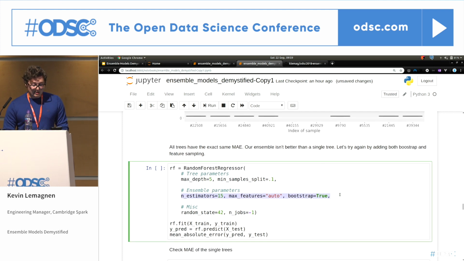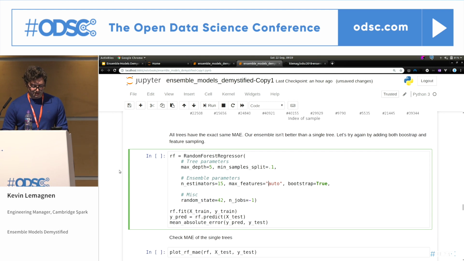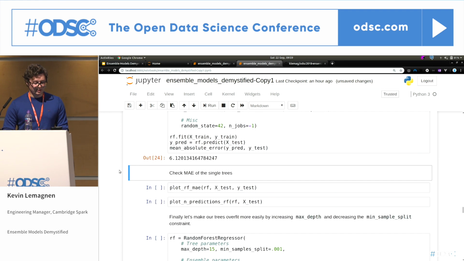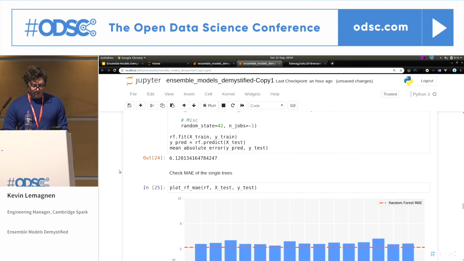Now we'll change the parameters that control our ensemble to include bootstrap first and to include the feature subsampling. Here, if I define it as being auto, the random forest regressor will choose automatically what's the best number of features to sample from my data set. I keep the same values to control my trees to start with, and I'll take a look. So the mean absolute error has decreased a little bit. Let's look again